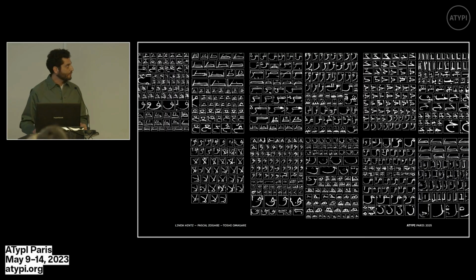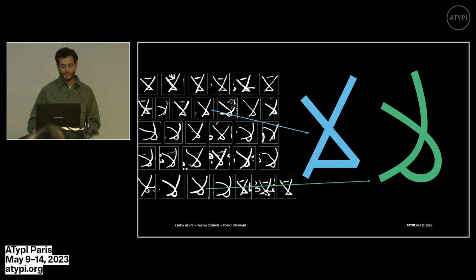We did an analysis of all the letters that we could find in these manuscripts, and we rapidly noticed that there are so many different shapes for every letter, but the main characteristic is that most fall into two categories: one of them is very geometric and the other is a bit more cursive. So instead of making one typeface, I said, why don't we do two typefaces? And then,